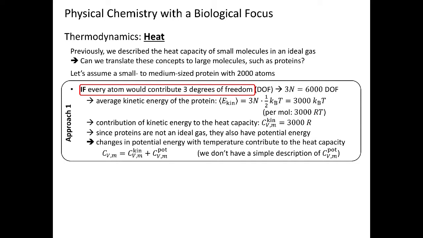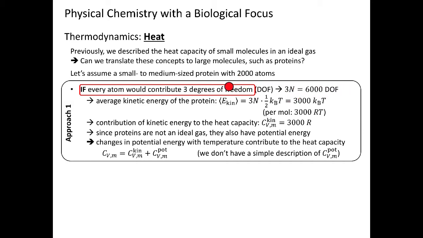So let us assume the first approach, in which we consider that every atom of a protein contributes 3 degrees of freedom. So in this case, we basically allow each of these atoms to move independently, similar to the atoms in a monatomic ideal gas. And for every protein, we basically have 2,000 atoms, and each of them contributes 3 degrees of freedom. And that gives us per protein 3 times n, where n is the number of atoms, so 6,000